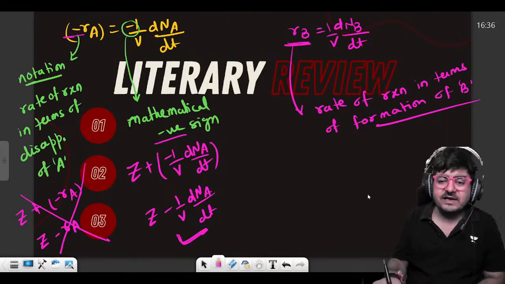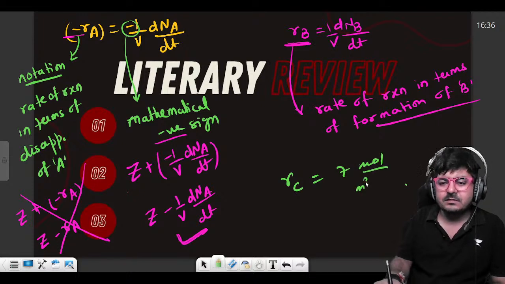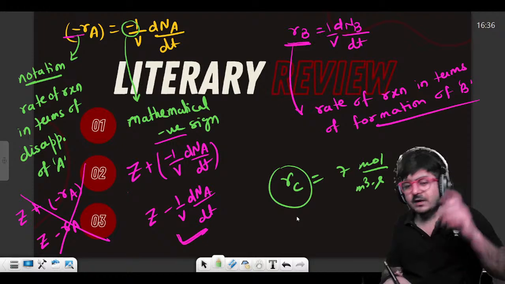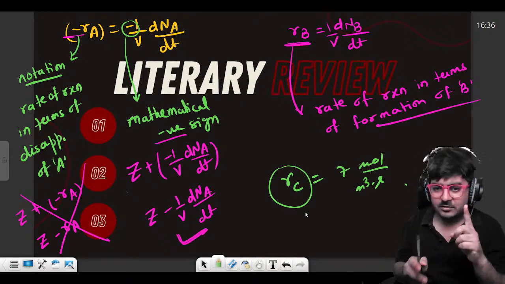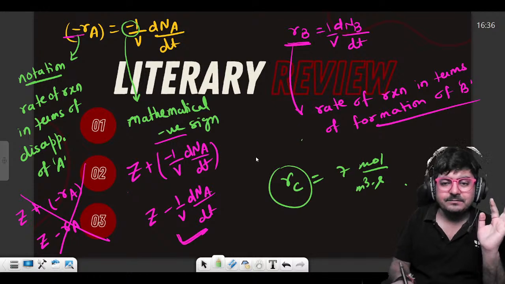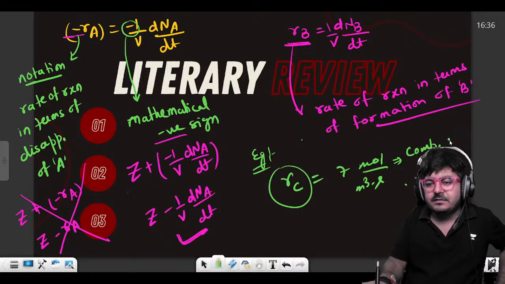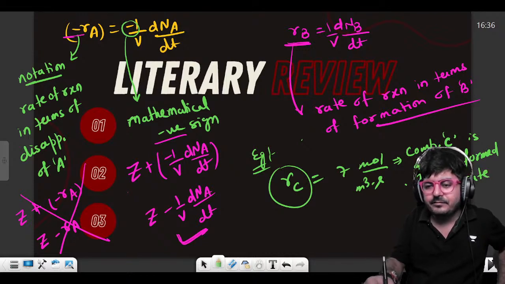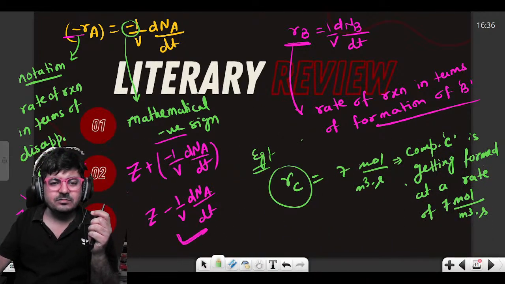ठीक है। तो अगर कहीं पे आपको सपोज एग्जाम्पल में दिया होता है आर सी इज इक्वल टू समथिंग 7 मोल पर मीटर क्यूब पर सेकेंड, तो इसका क्या मतलब निकालोगे? It means you will say that component C is getting formed with a rate of 7 moles per meter cube per second. Correct? And similarly, मैं बोल लिख भी देता हूँ, component C is getting formed at a rate of 7 moles per meter cube per second. This is the meaning. ठीक है, मे बी आप लोग मुझे नहीं देख पा रहे होगे, मैं खुद को थोड़ा सा साइड कर लेता हूँ।